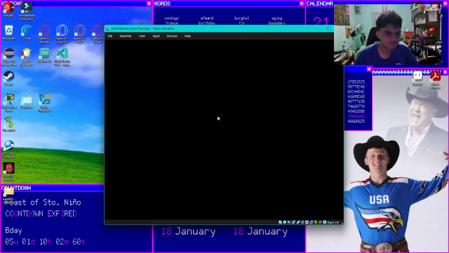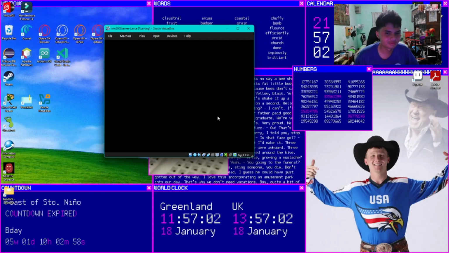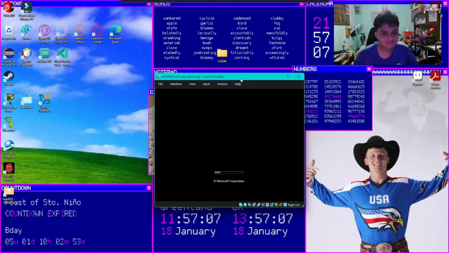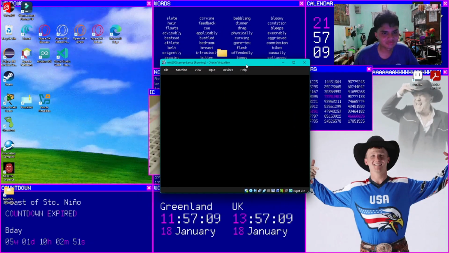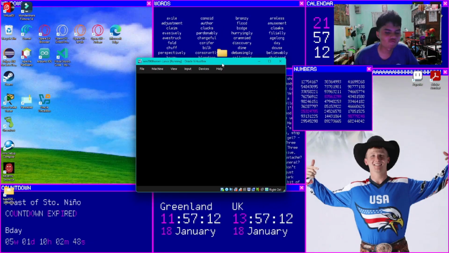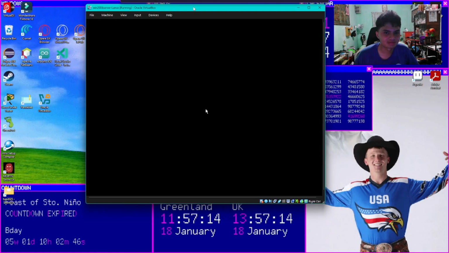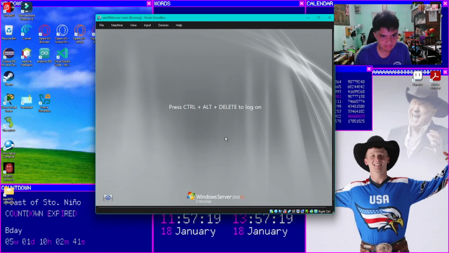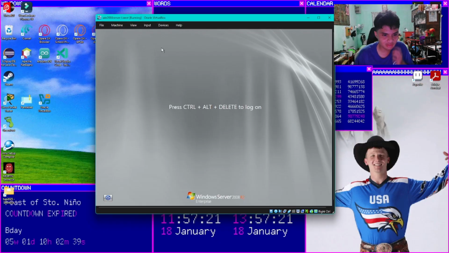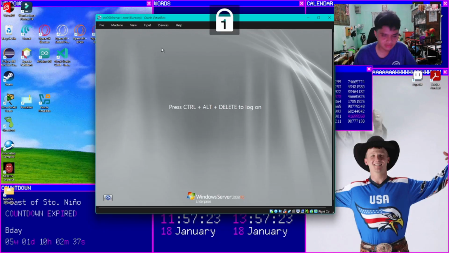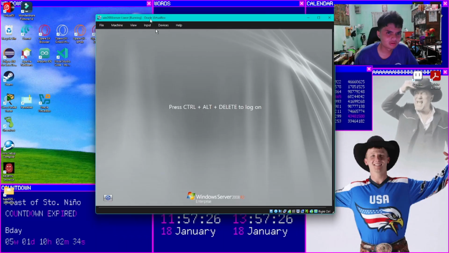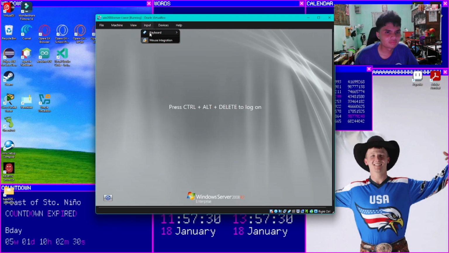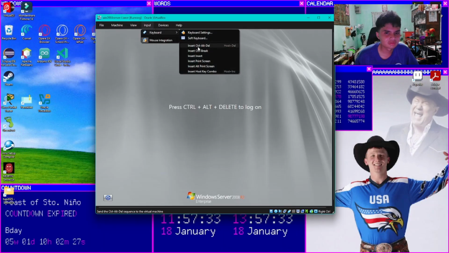A word of advice: do not restart your server forcefully. I forgot that, but anyway, it's not bad. Now, there's no Control Alt Delete for the normal keyboard in the virtual machine, so we need to go to Input, then Keyboard, then this one.